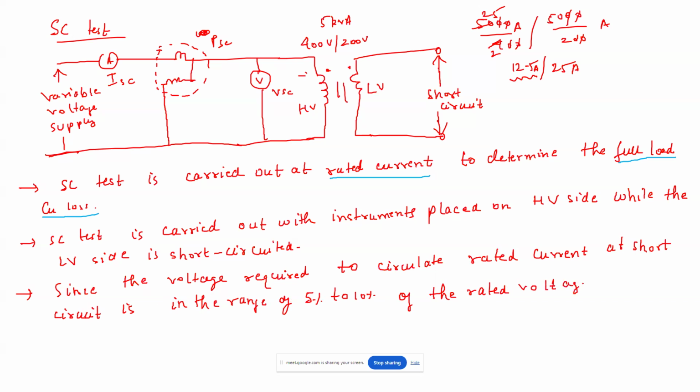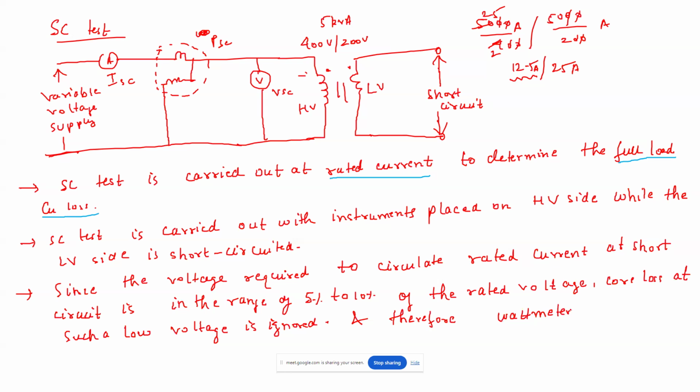Of the rated voltage. So the core loss at such a low voltage is ignored. And therefore the wattmeter reading in this case represents